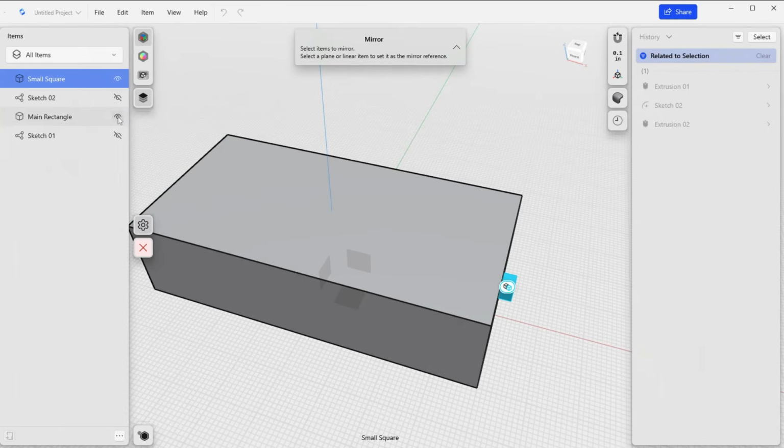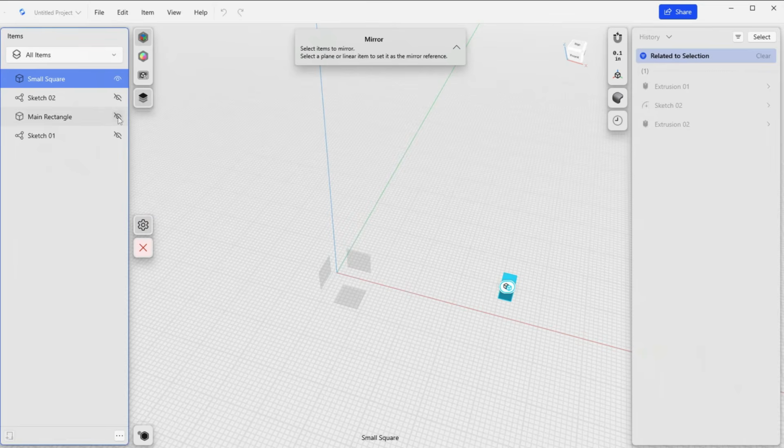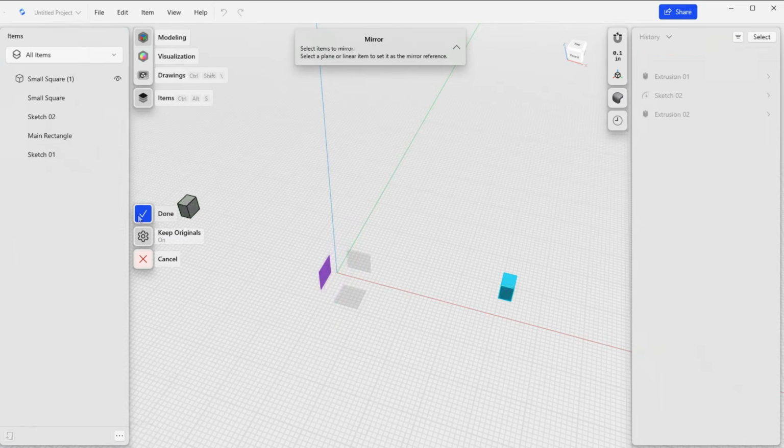Now in my case, they are inside my object here. So let me just temporarily hide my main rectangle here by clicking on this eye icon right here. And then I can click on this plane here, which will mirror my small square on the other side of my rectangle. Now when I'm done, I can click on this check mark